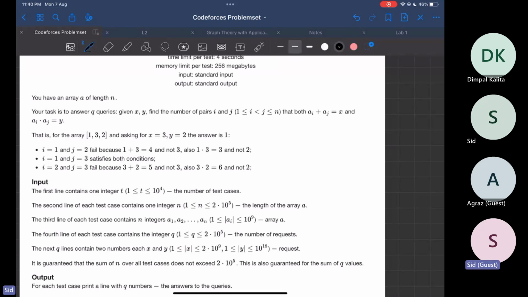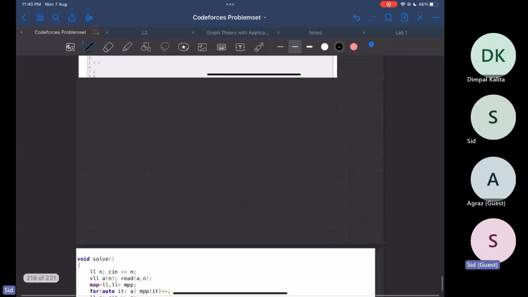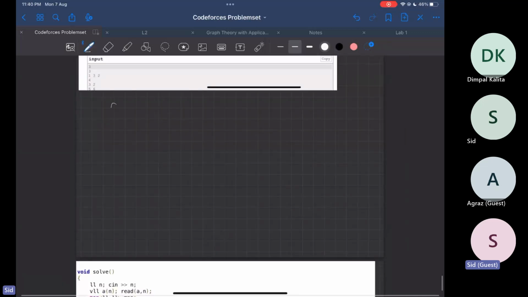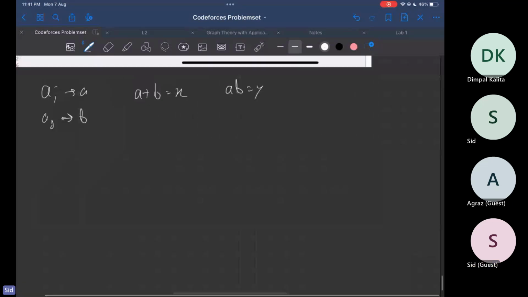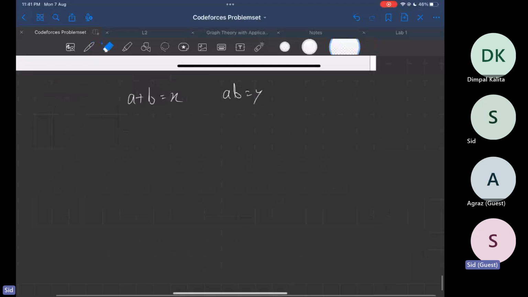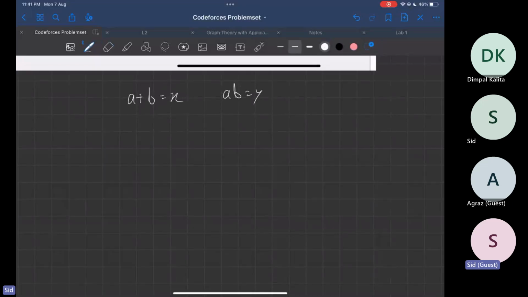So my initial approach is using maths. Let's consider ai as a and aj as b, arbitrary values. And we are given two equations, a plus b is equal to x and ab is equal to y. So we can solve this using quadratic equations. Okay, let's take b is equal to y by a, and thus a plus y by a is equal to